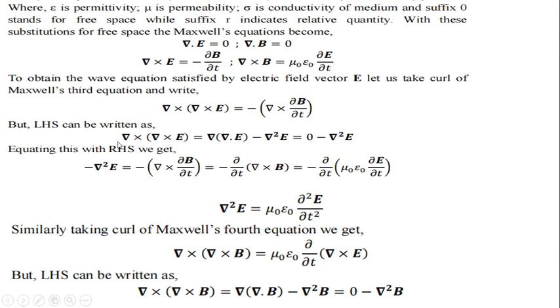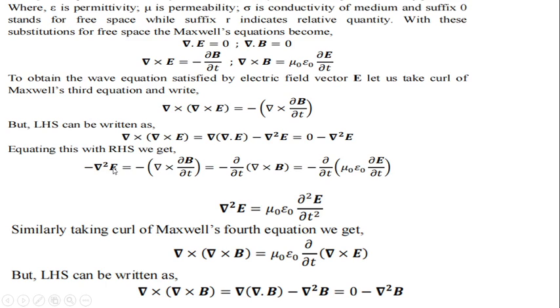Now here, del cross del cross E equal to del into del dot E minus del square E, and here del dot E equal to 0, so it is minus del square E. Equating this with the RHS, we get